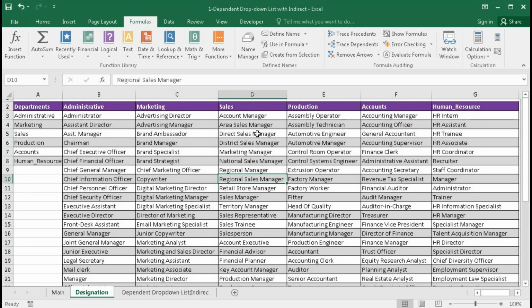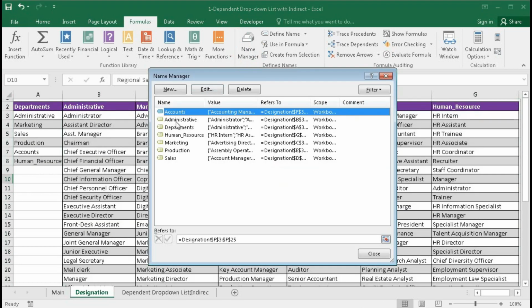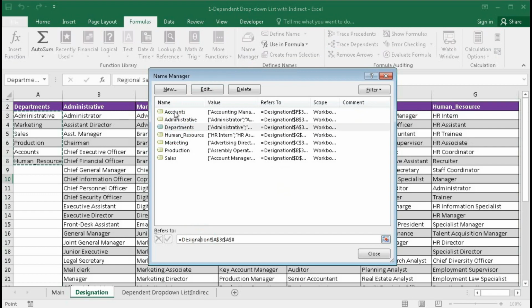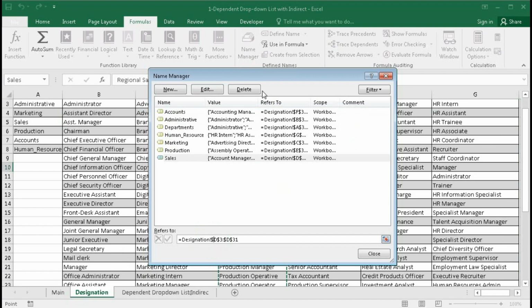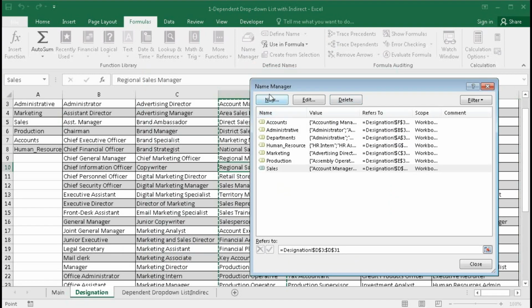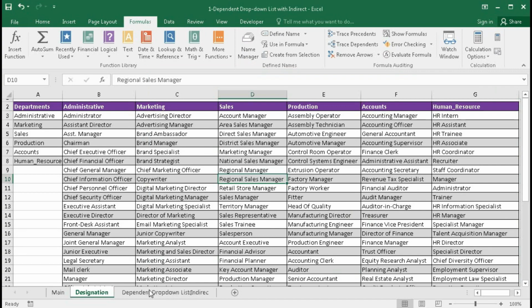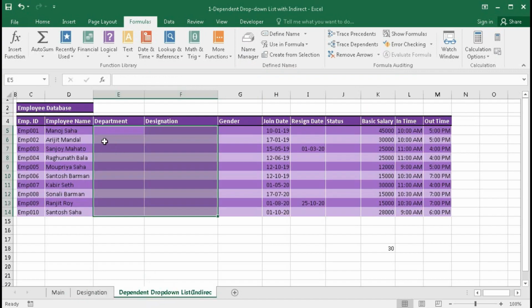Now if we go to name manager, we can see this is the department list. In this way, accounts, administrative, human resource, marketing, production and sales, we have got all the lists. You can see here it is selected. Now we will go to the dependent drop down list, that is in this database we will create the department drop down list.